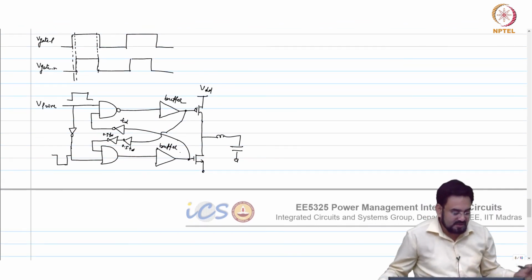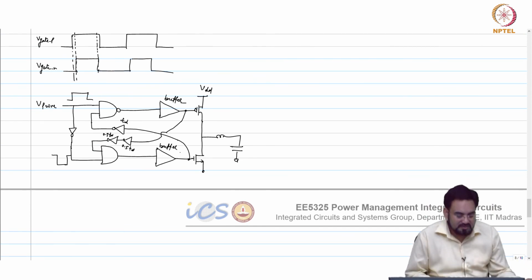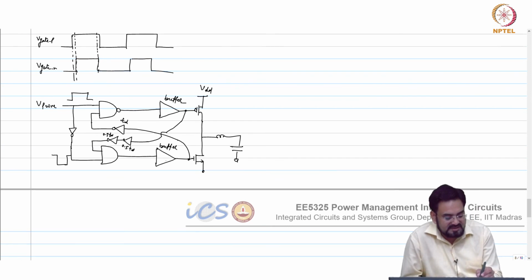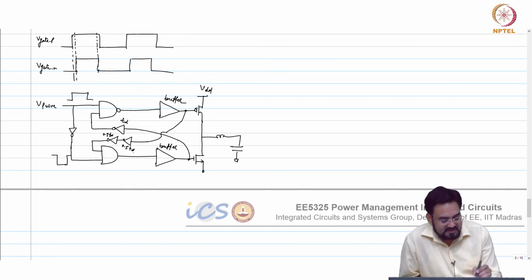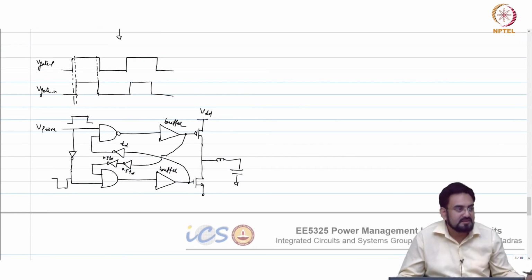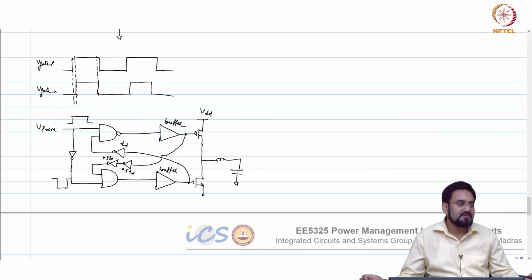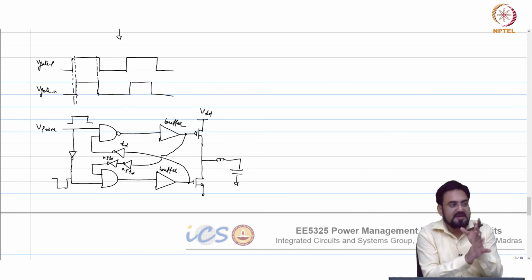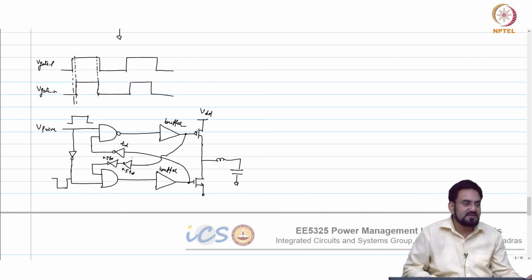So what will be the total delay here, I mean the dead time or non-overlap time? If you ignore the delays of the stages before the buffer, one thing you have to remember is that you are measuring the delay from the gate. So if there is a delay in this path, most of the contribution to the dead time will be from the rise time of this. But if you are looking from a midpoint, then the major contribution will be from these feedback inverters, TD.